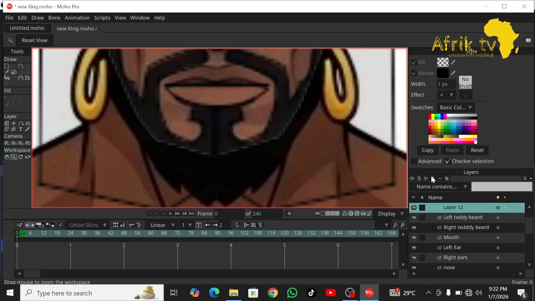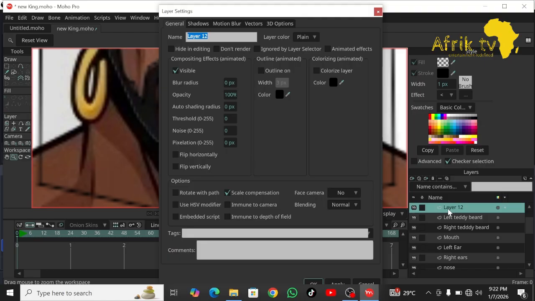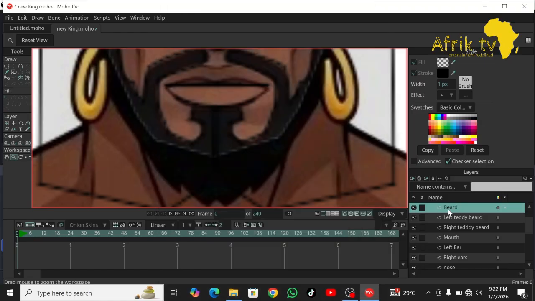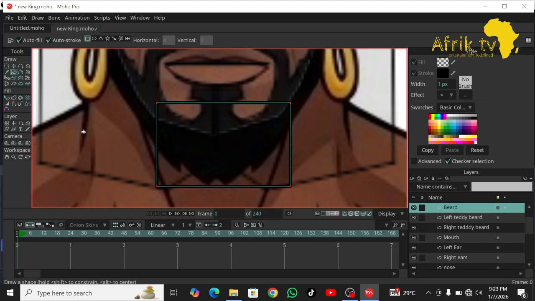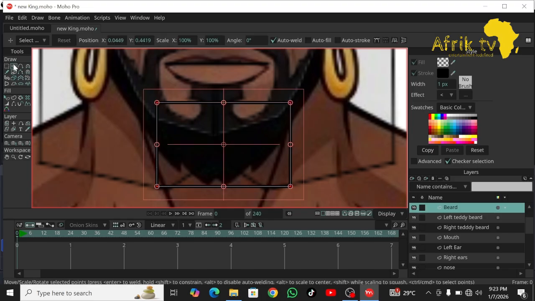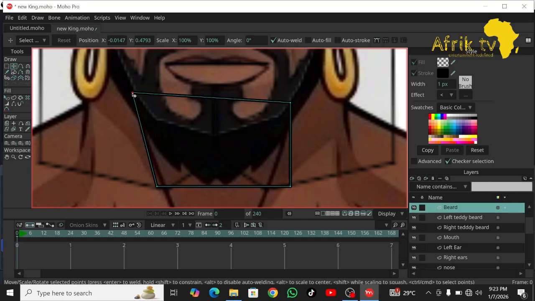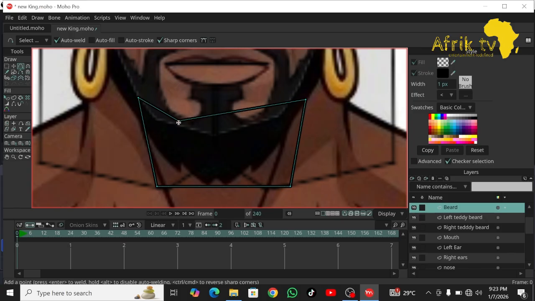lower beard. So I'm going to call this lower beard, or just the beard. So that's the main beard down there. So I'm just going to get a box, and then I'll just do this. So this lower beard, yeah, so we're just going to move this down and move this down this way. Get some add point tool, move this down a little, and then oops, we bring this here, and then